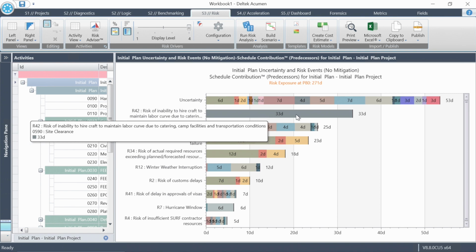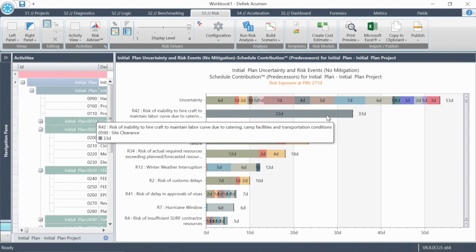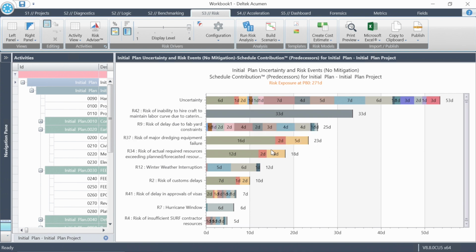If you hover over the bar now, it shows you site clearance, which is the activity that this risk is really impacting the most. If you go down to risk 9, risk of delay due to fab yard constraints, it's affecting a series of activities. That's why you see more segments on the bars. Now, as we did before, if this is too many segments